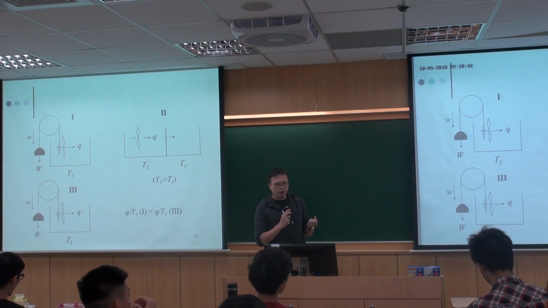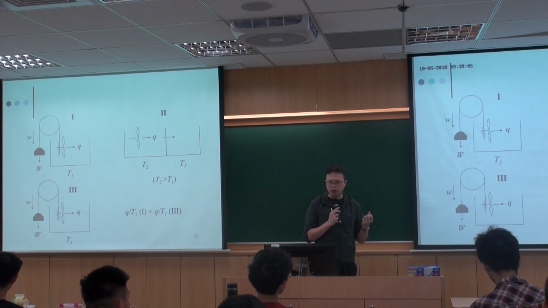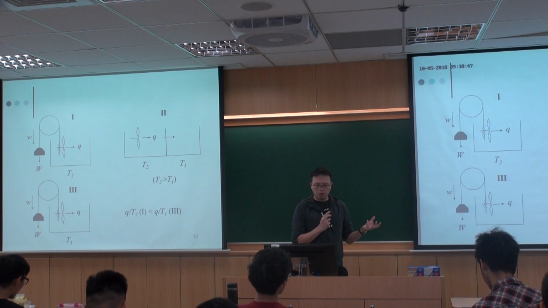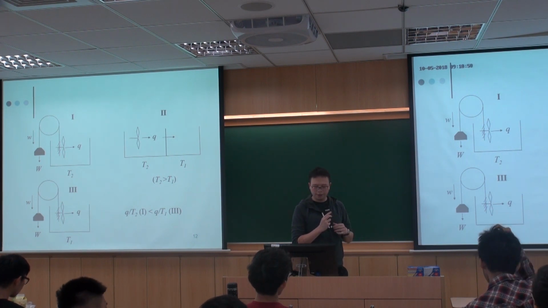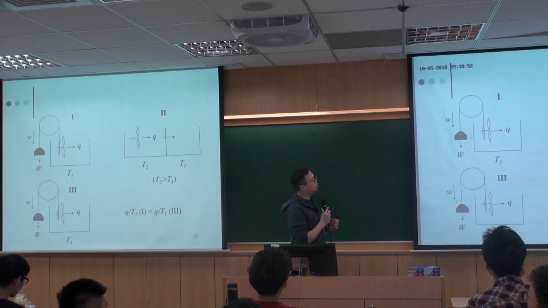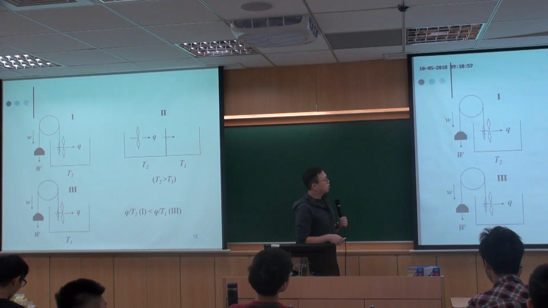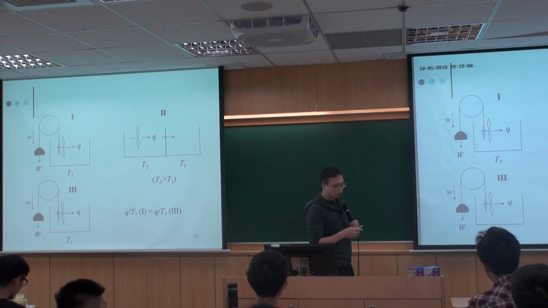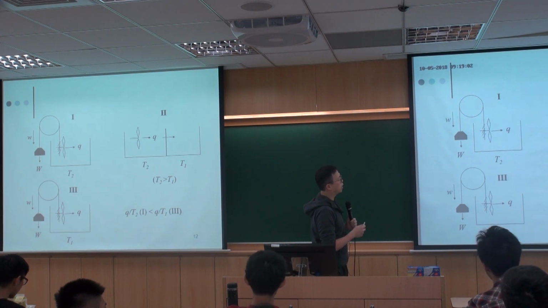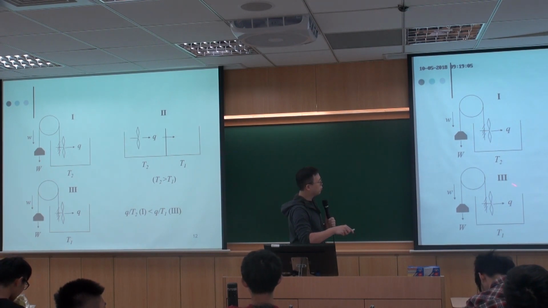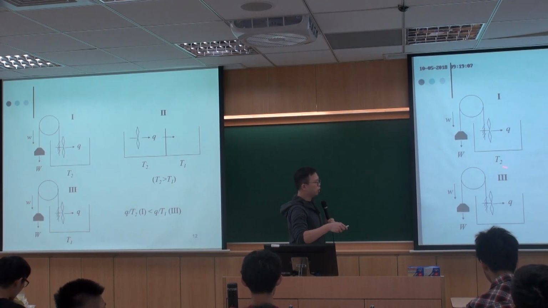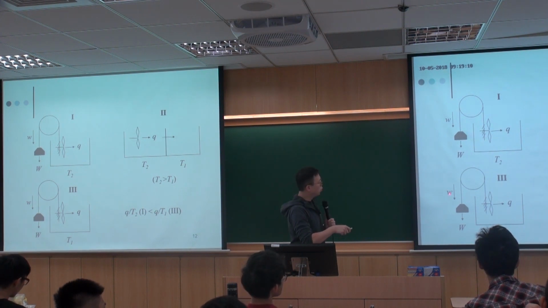So the interesting thing here is that the textbook mentioned this example, which he took from another textbook, I believe. And this example is a little bit hard to understand, but I will still go through this. So imagine that we have three different kinds of processes. And process 3 is the regular process that I just mentioned. You release the weight, and the mechanical energy, this work, will be converted to heat or thermal energy.